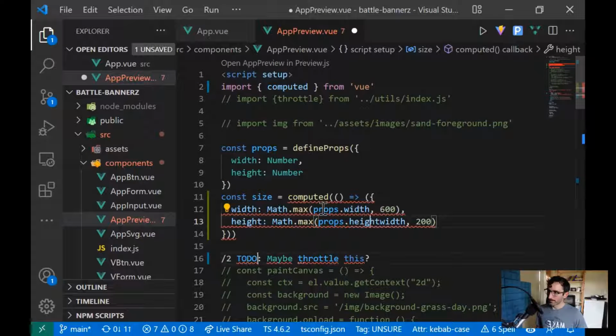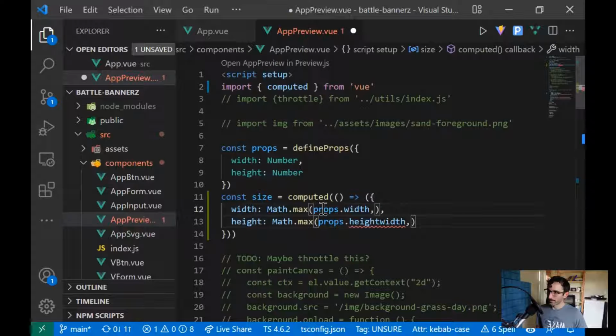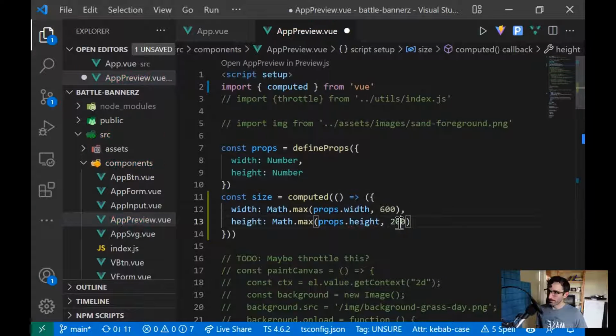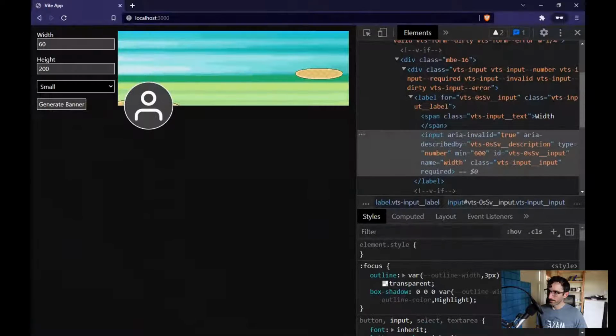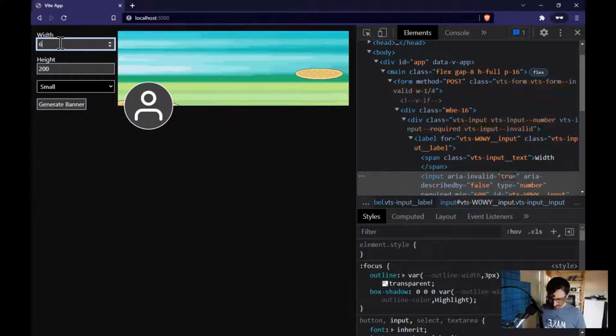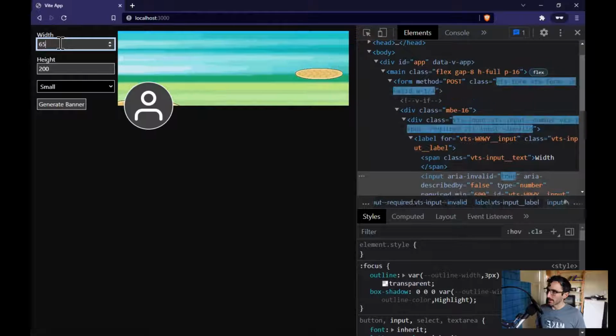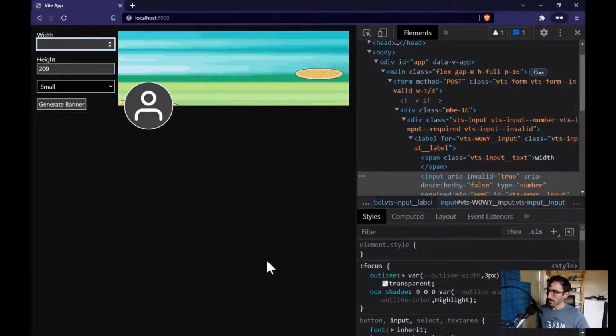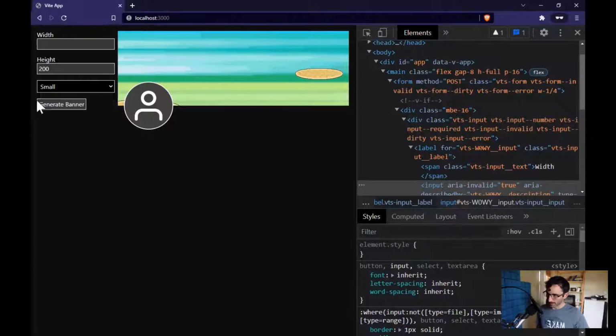And what do we have here? Oh, shoot, I'm doing too many things, too many cursors. We'll say 200, escape, get just down to this one. Max width is 600, max height is 200. That should be working. So if I refresh here, I can see that if I go down to 60, it remains at 60. If I go to 650, it does go up in size. So that's good. The downside here, though,